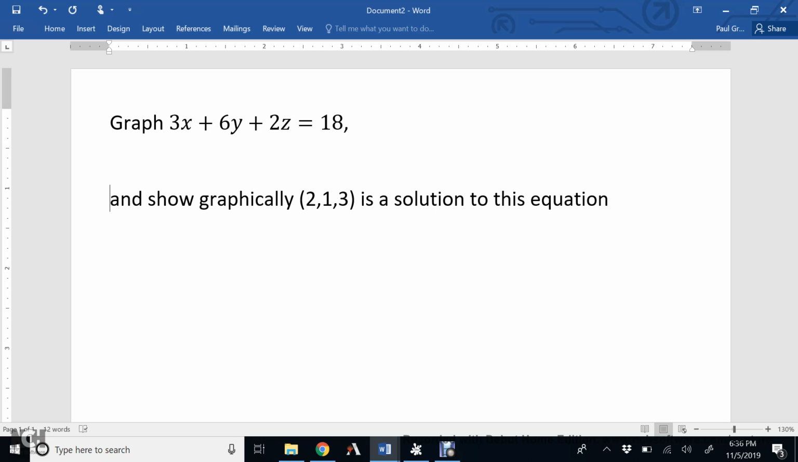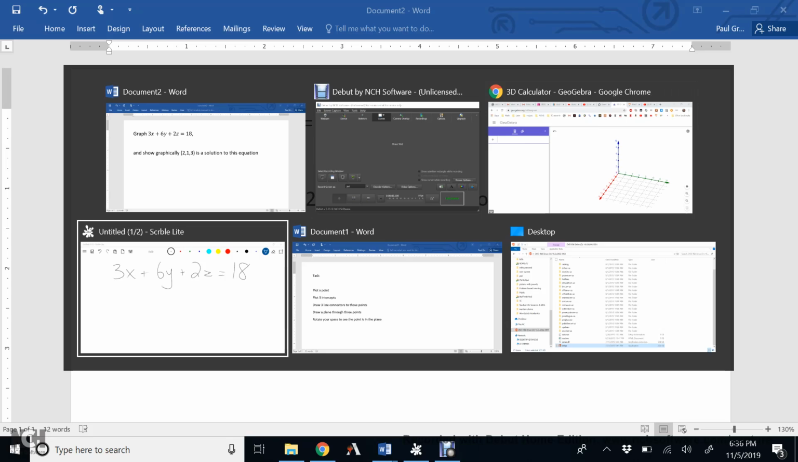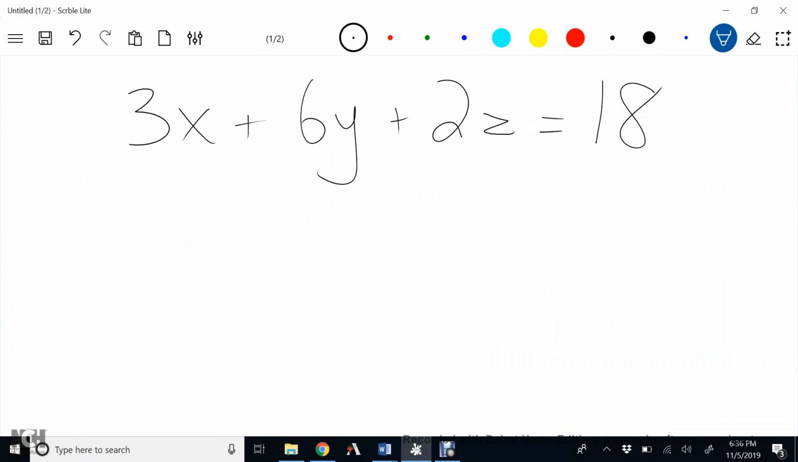So what we're going to look at right now is how to graph this in 3 dimensions using 3-dimension software. So we need to figure out the 3 intercepts for this equation. Reminder, those are the points where the graph's going to cross the x, y, and z axis. If you feel like you remember how to do that, then you can skip this part of the video, but if not, just a reminder that here's our equation, 3x plus 6y plus 2z equals 18,